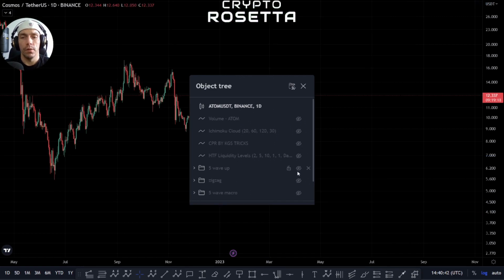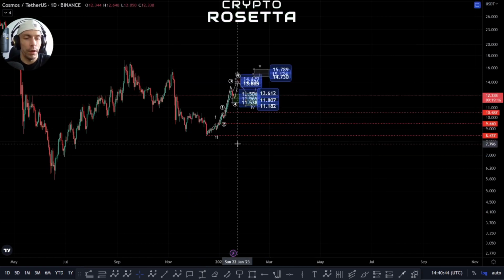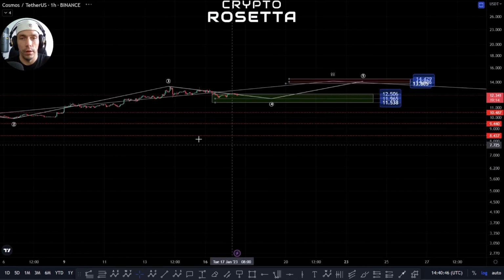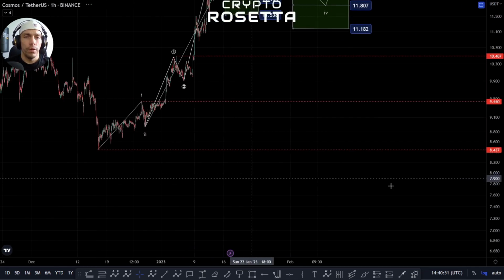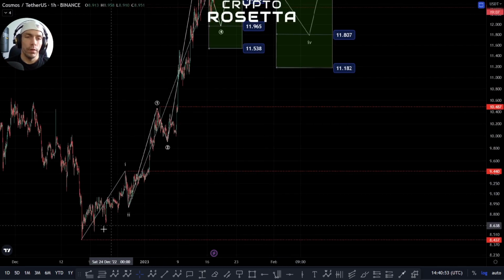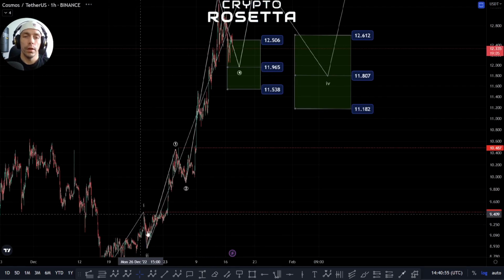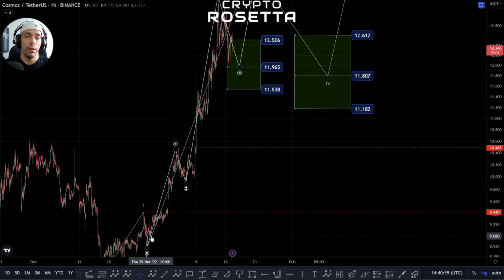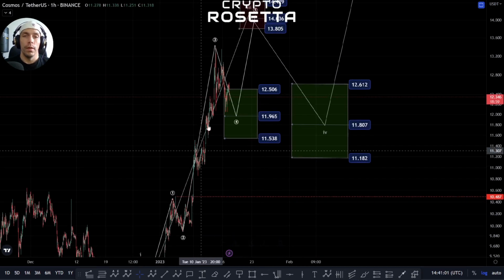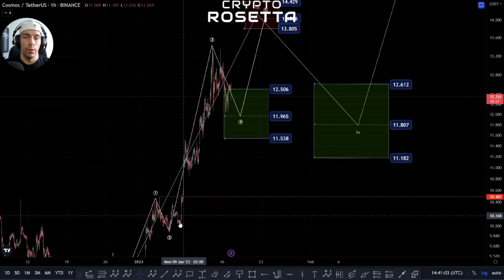So looking at the most immediate moves, I'm going to turn this on and then I'm going to come in here to the 1 hourly. We have a few options within this, and what we'd be looking for potentially is that we look at this as a diagonal into here as a 1, 2, then it would be 1, 2, 3, 4, 5, 2. So that would be 1, 2, and then basically all of this would become a third wave, because we'd have